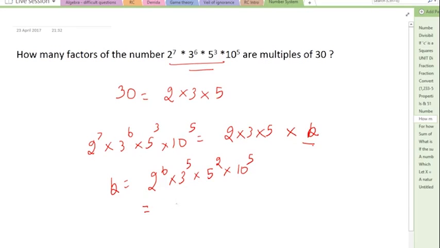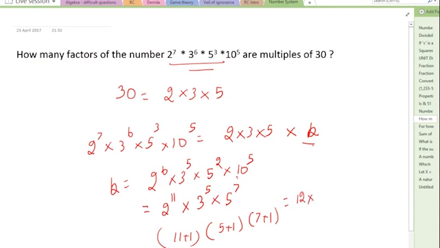So this is how we'll again break it down into prime factors. 10 to the power 5 can be broken down into 2 to the power 5 into 5 to the power 5. So you should remember in all those formulas, it only works if there are prime factors, not any factor. So 10 should be broken. So it becomes 2 to the power 11 into 3 to the power 5 into 5 to the power 7. And then the number of factors that this has will be 11 plus 1 into 5 plus 1 into 7 plus 1, or 12 into 6 into 8, and whatever it be,